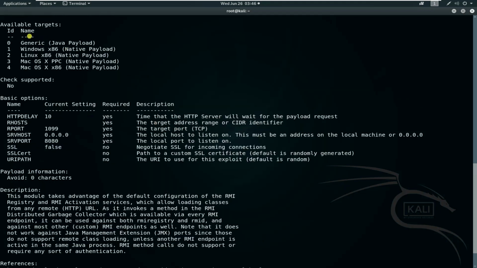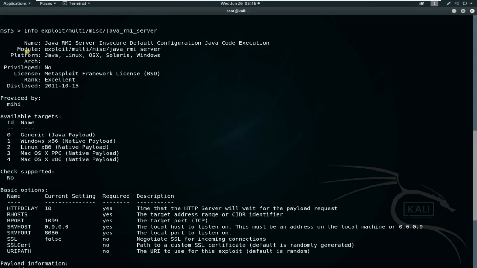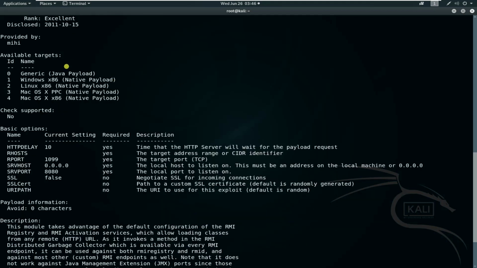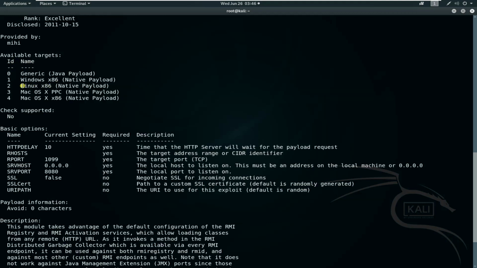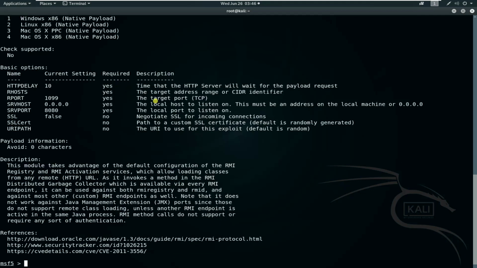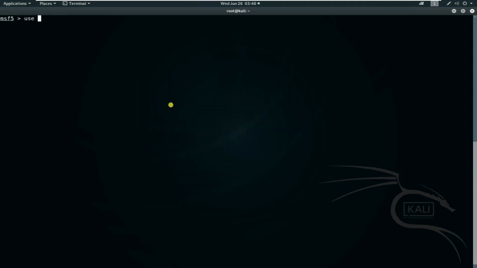So, available targets. It's actually Java RMI Server Insecure Default Configuration Java Code Execution. It supports these available targets. So ours is like Linux maybe, or generic. And you can set it. Let's try this one. Clear, use, paste, show